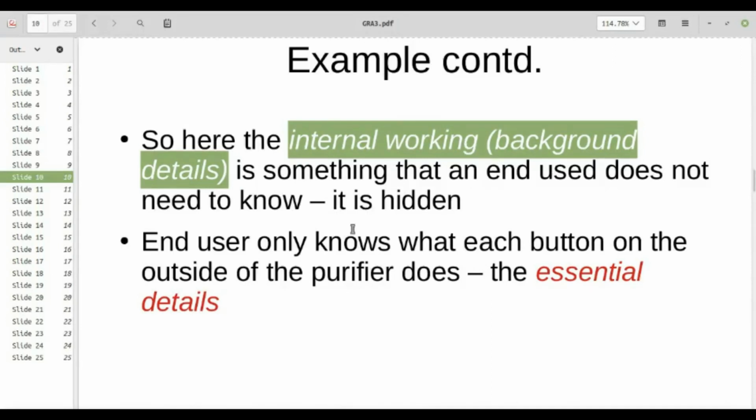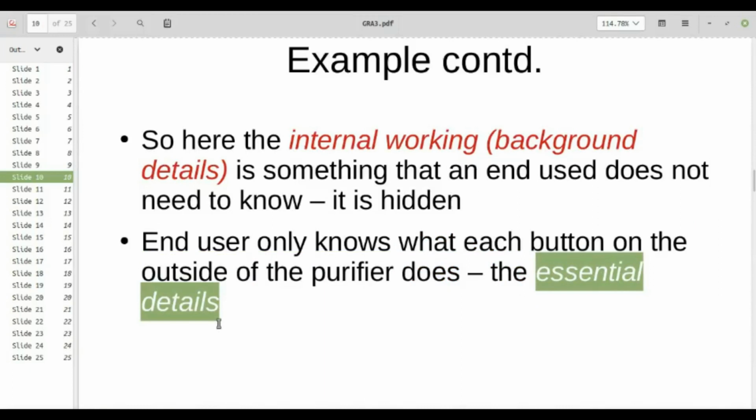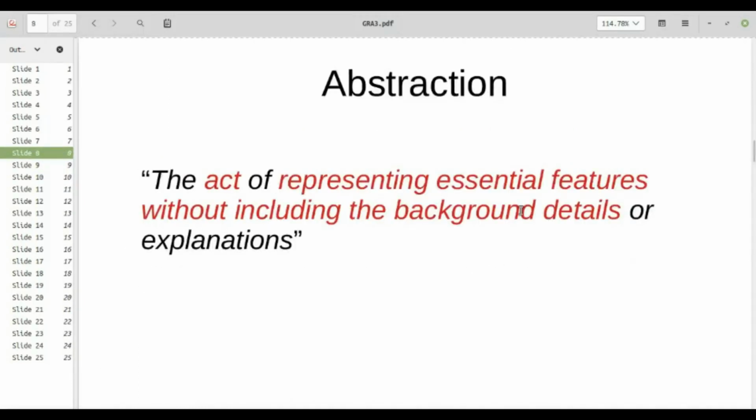So the end user only knows what each button on the outside of the purifier does. Now this is the interface for us. That is the essential details. So this is what the definition actually said, that only the essential details are represented without including the background details, right?